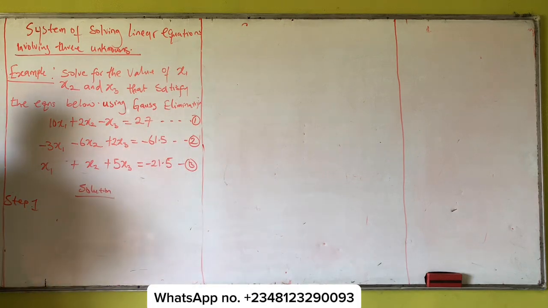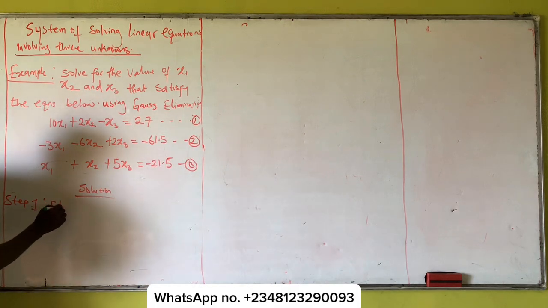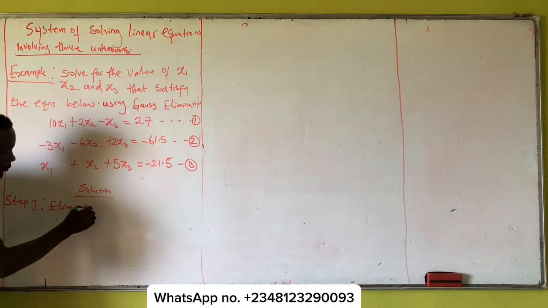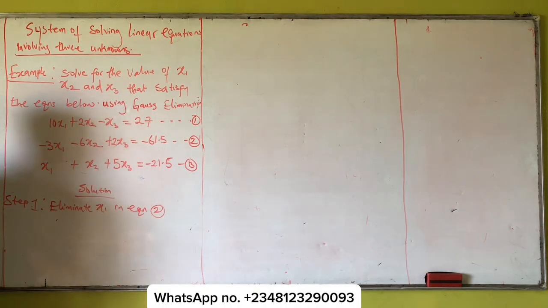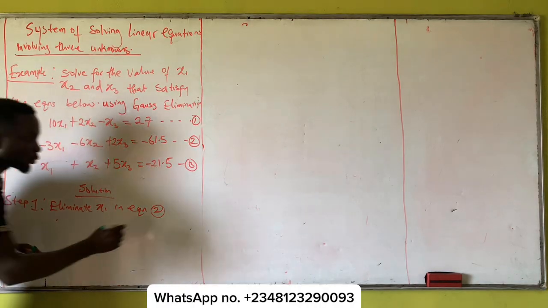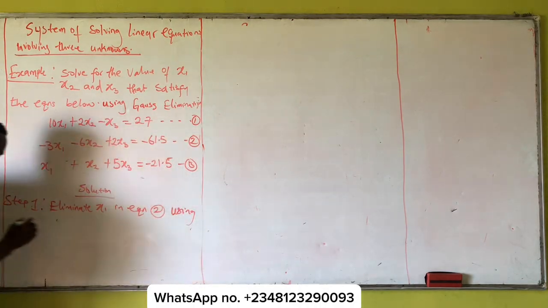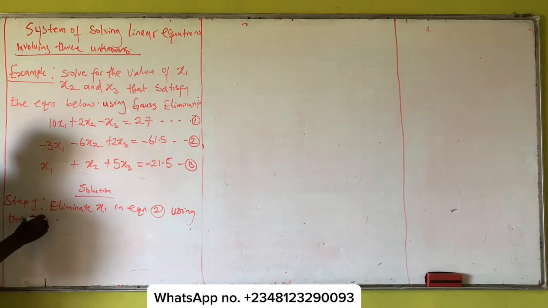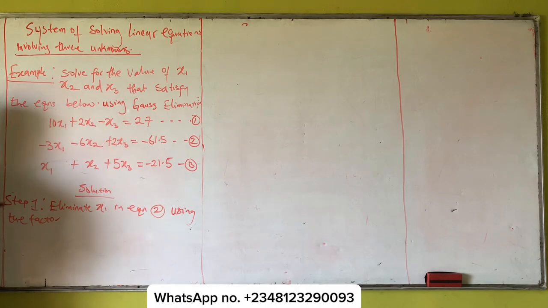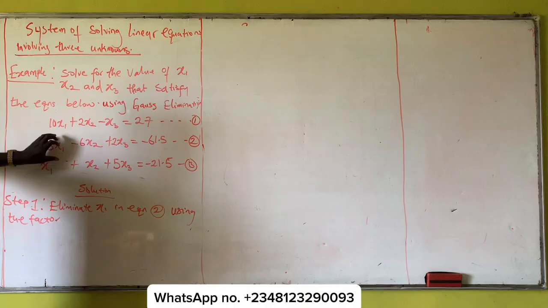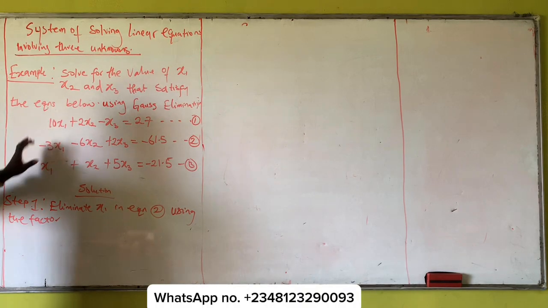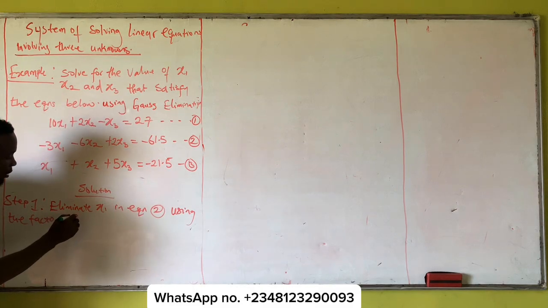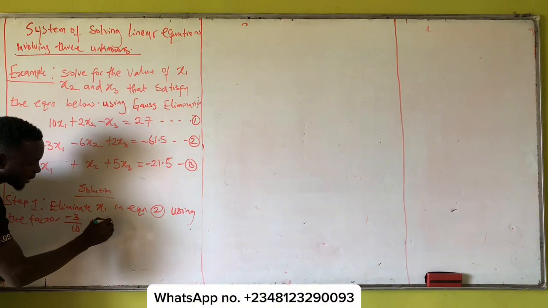It's very easy. Step 1: eliminate x1 in equation 2 using the factor. Now, we'll talk about how to get the factor. It's the coefficient of x1 here divided by the coefficient of x1 here. The coefficient of x1 in equation 2 is minus 3, divided by the coefficient of x1 in equation 1, which is 10, to multiply